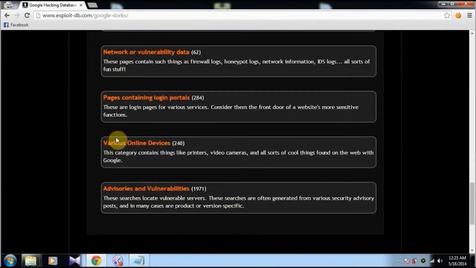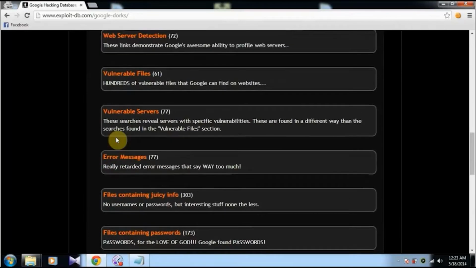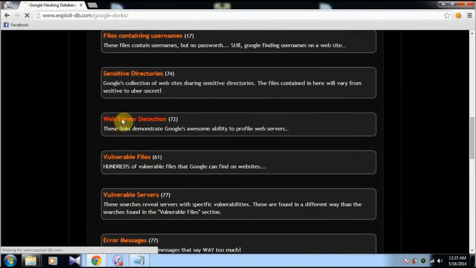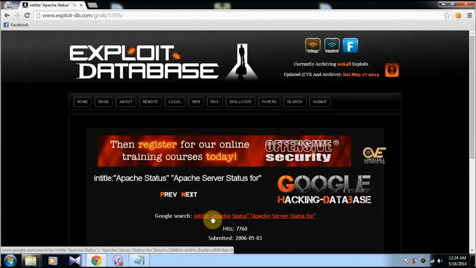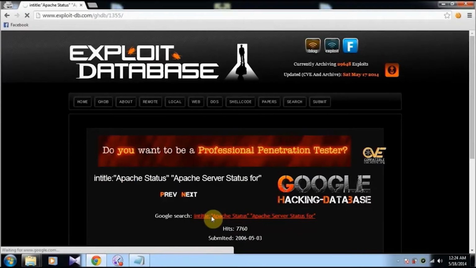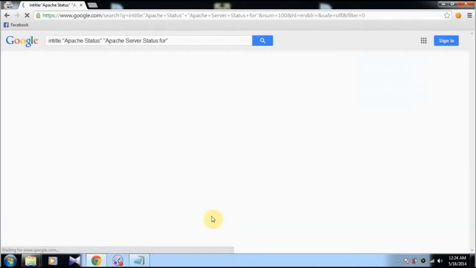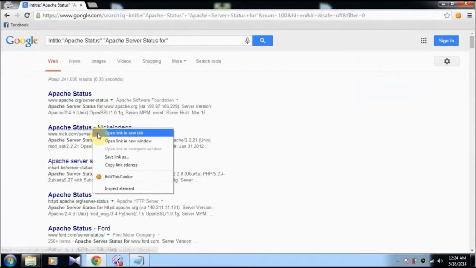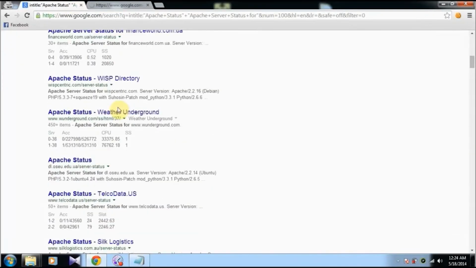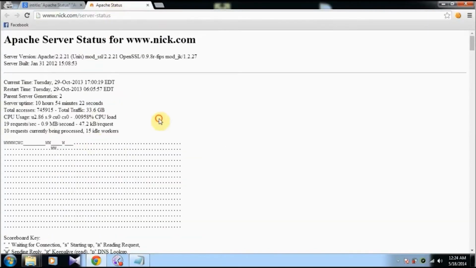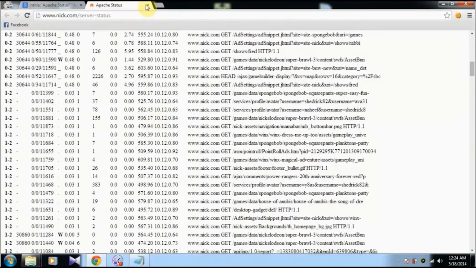And let's look at something else. Web server directory, over here. Okay. This will help us find an Apache server. So let's use a Google Doc for that. And you can see here that it's giving you results only for servers which are running this Apache server. So this is the use of